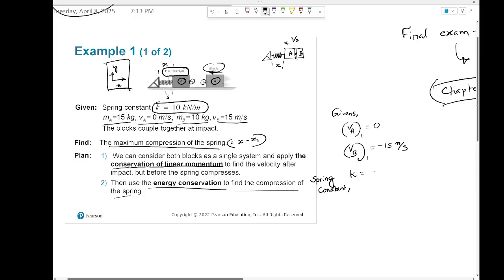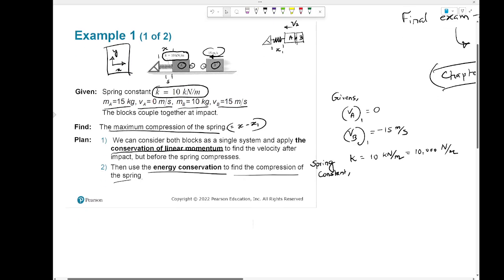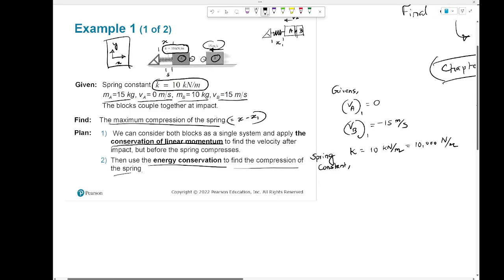So the k value is 10 kilonewton per meter, right? All right, so that's what's given. And then obviously you have to deal with everything in base units, so you should be changing them to newton per meter, right? And then you have these two steps, right? First one is the conservation of linear momentum. Another one is the conservation of energy, right? So dealing with those two steps, you can say, find